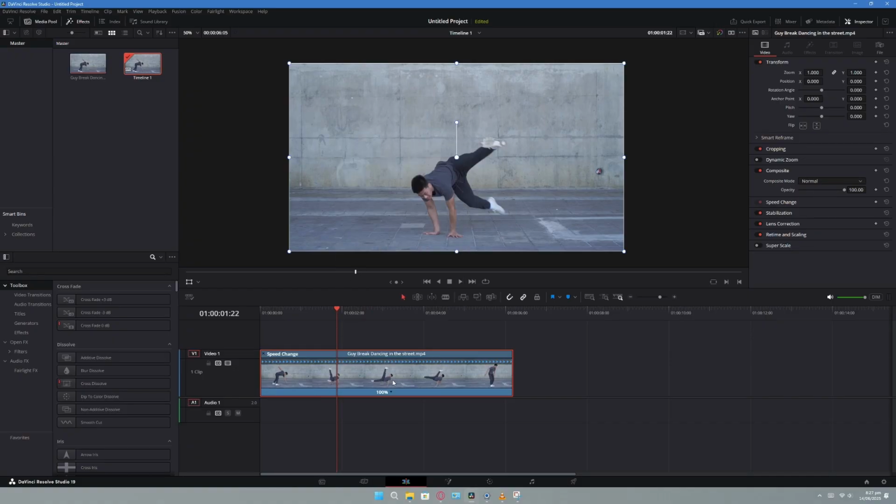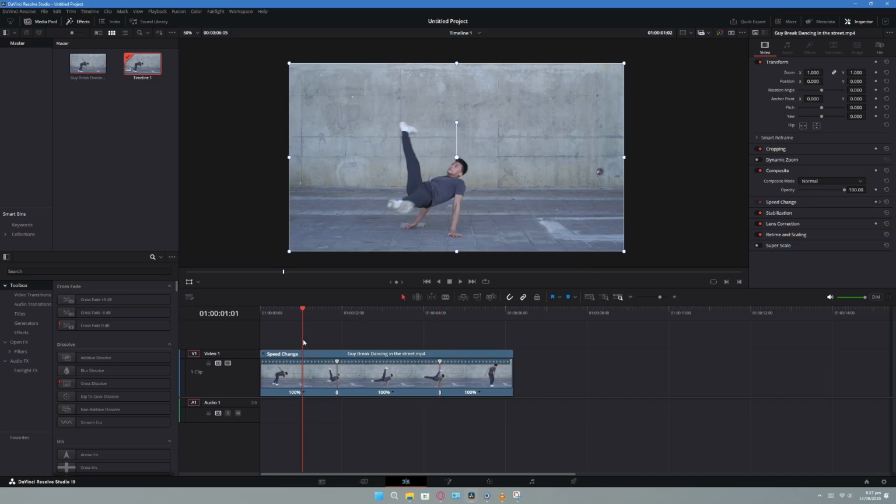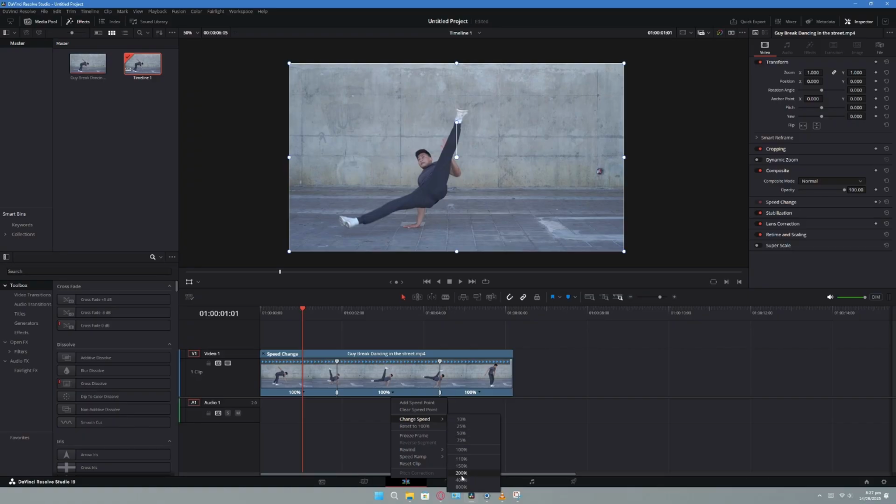This will show the speed options for your clip. Click the small arrow next to the speed indicator and choose Add Speed Point. Now move the playhead to where you want the speed ramp to end and add another speed point. Your video will now be divided into 3 parts. Click the arrow next to the middle section, hover over Change Speed, and select the speed you want for that